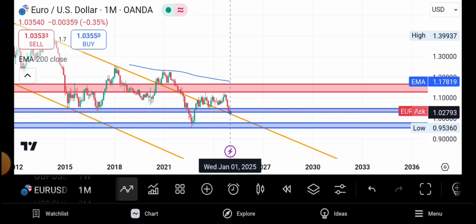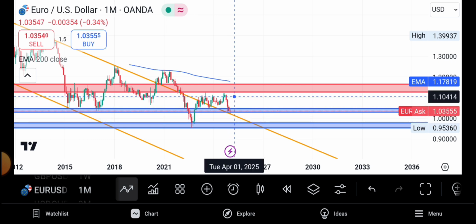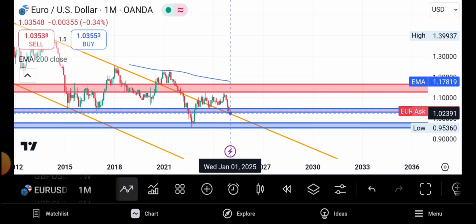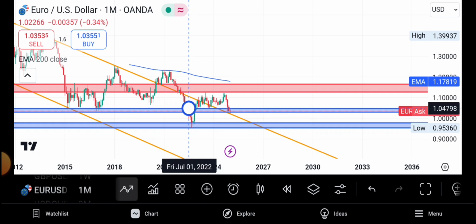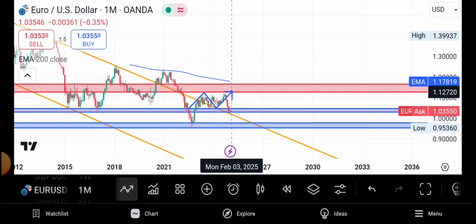So our question is, will the sellers continue to push the price action downward, or will the buyers have momentum and push the price upward? That is our main question. If the buyers have the momentum and push the price upward, it means that the whole of this zone, we will now be in the range. That is what I'm trying to say. Are you together? We will be in the range.